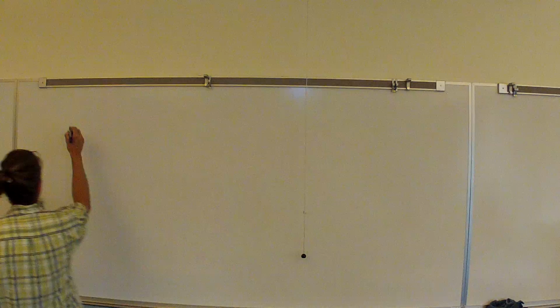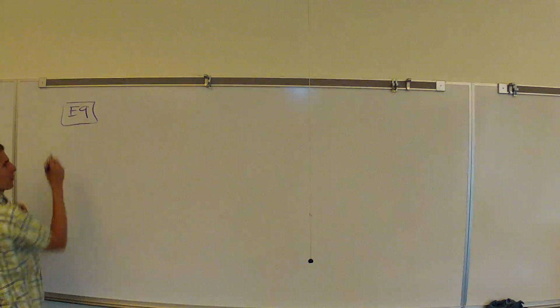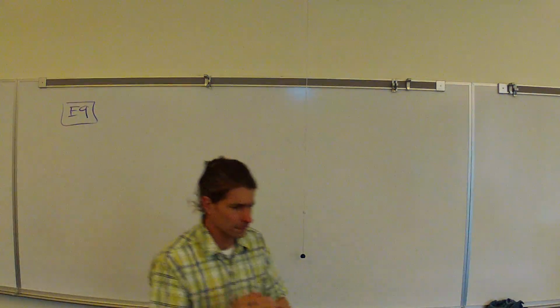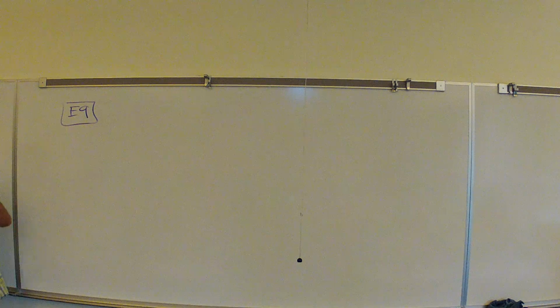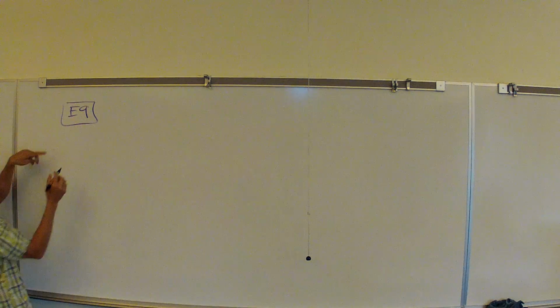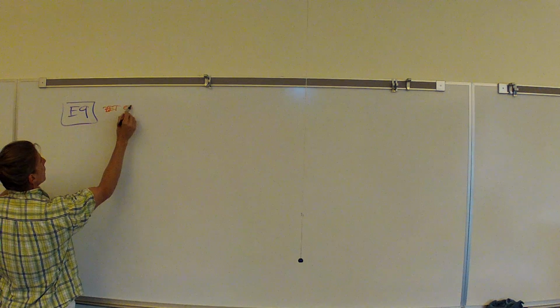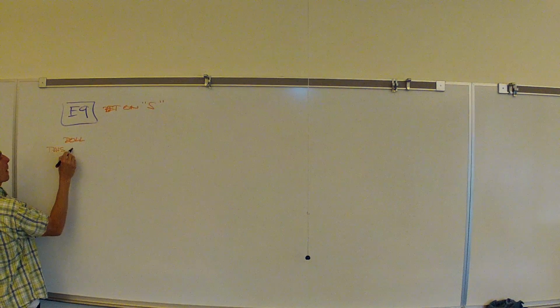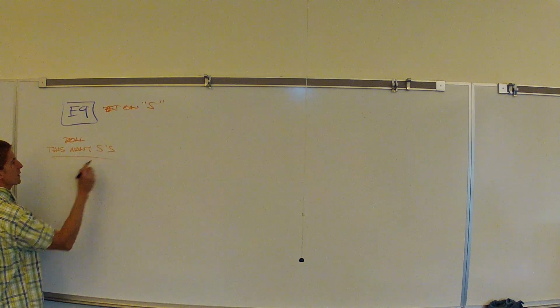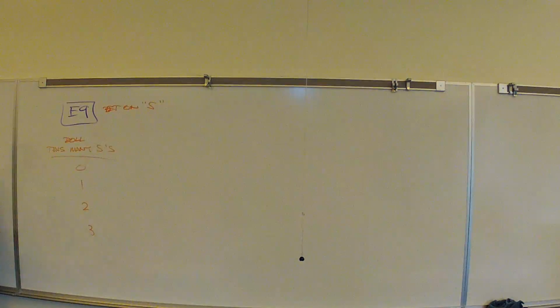So for Chuck-a-Luck, this is E9. We were betting on the number 5 when playing the game. I'm going to put that over here because we don't actually need that number, except to keep track of which payout is which. So we'll put bet on 5. Okay, so we're going to say we roll this many 5s. You can roll none, 1, 2, or 3 out of the 3 dice. You have 3 dice, rolling them.